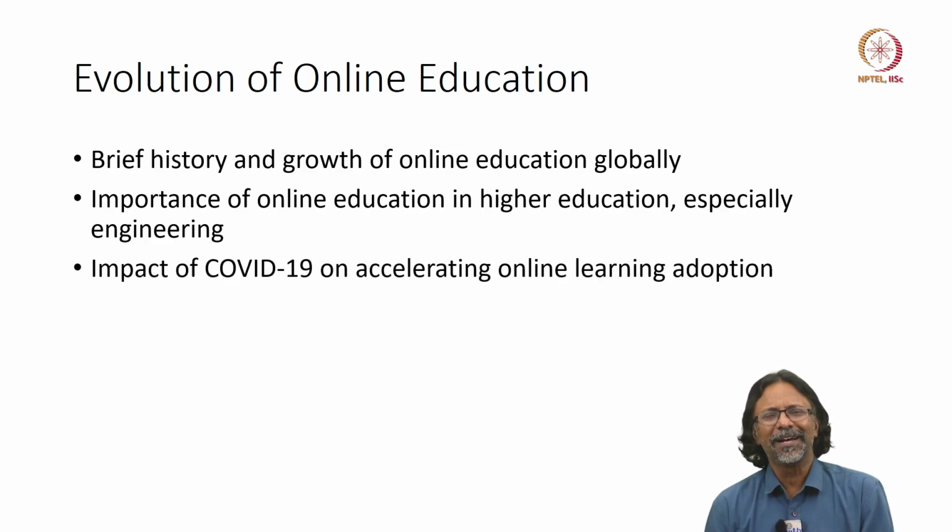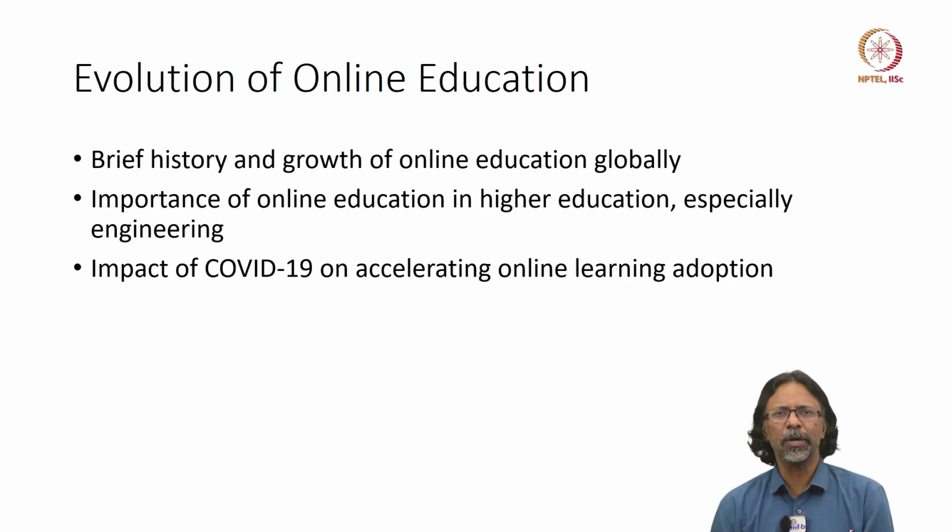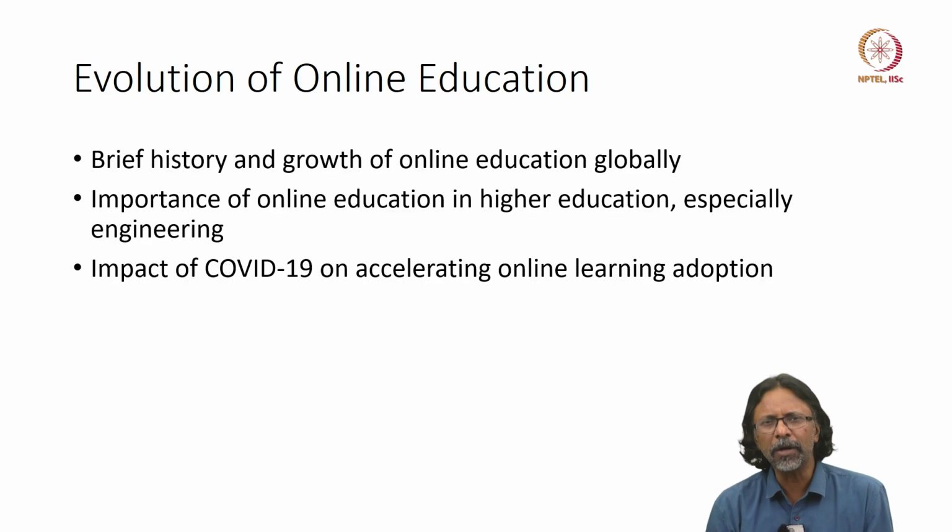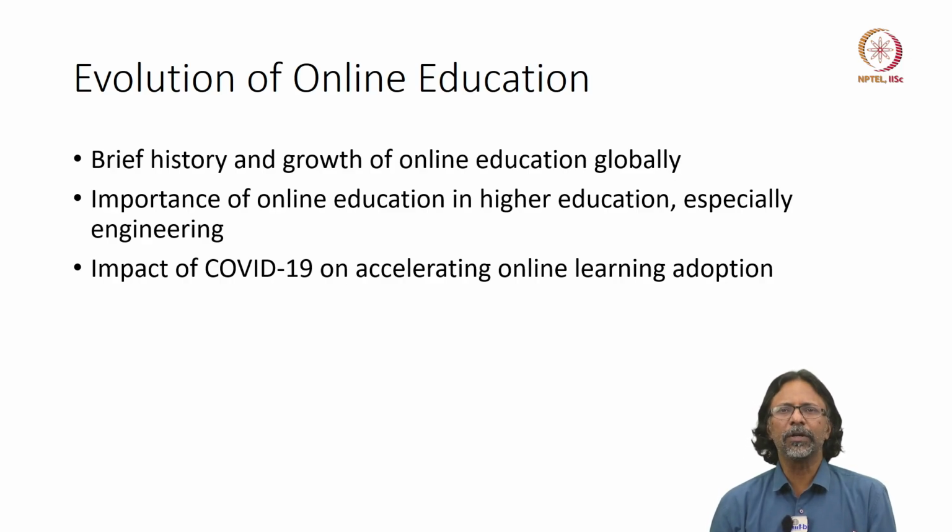And of course, COVID-19 happened, right? And that completely changed the landscape of education, right? So previously, online courses were intended to be offered in very specific contexts, specific scenarios, with people having specific permissions and so on. But then when COVID-19 happened, we were left with no choice but to move ahead, right? We could not stop delivering education just because of the pandemic.